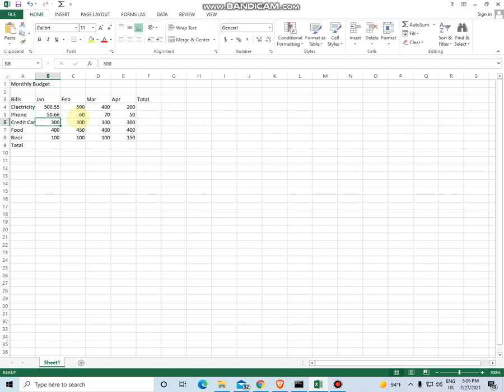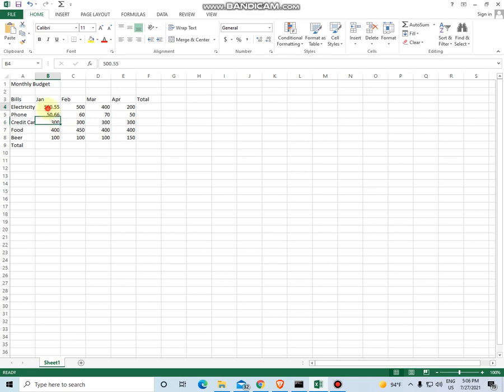Okay, and what can you see? Because the numbers are right aligned, those decimals are nice and clean. You get one straight line going down through our numeric values. If they were left aligned, they would be all over the place.